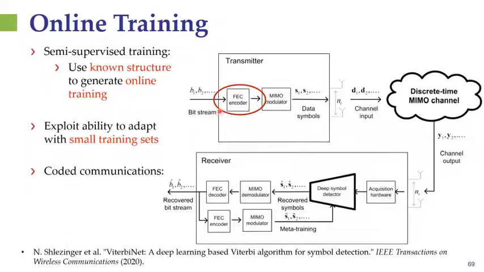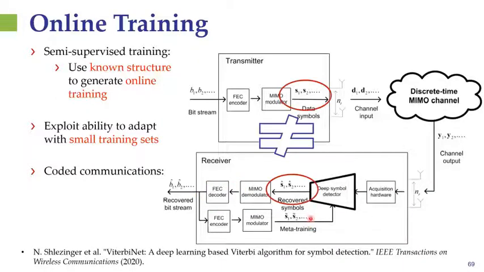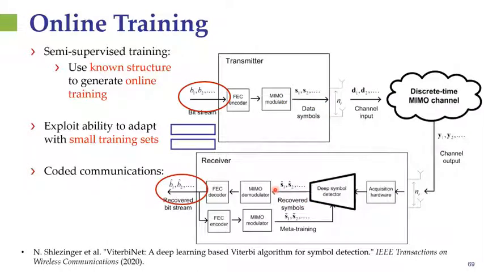Here, the transmitted bits are first encoded using a forward error correction code and modulated into a set of symbols transmitted over the channel. They are recovered using some pre-trained deep symbol detector into a set of symbols, which are then forwarded to decoding using a forward error correction decoder. Now, the channel may start changing in time such that at some point, we may start observing errors due to the fact that the channel with which we were trained is no longer the channel under which we are operating. So we may have some symbol detection errors. However, if the number of errors is not larger than the Hamming distance of the code, we should still be able to recover the bits accurately.